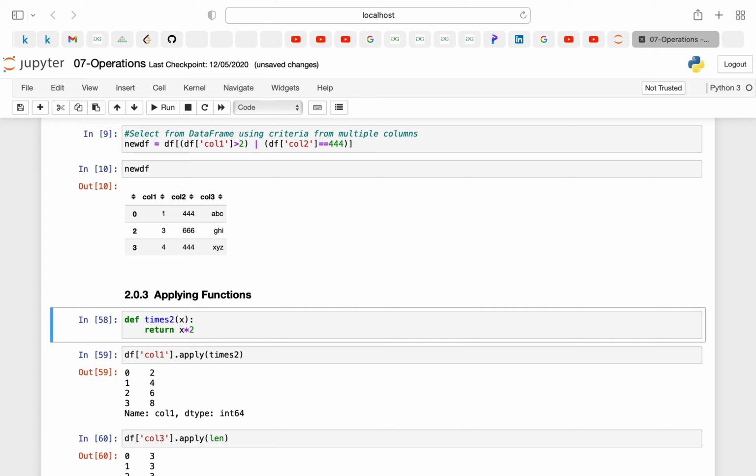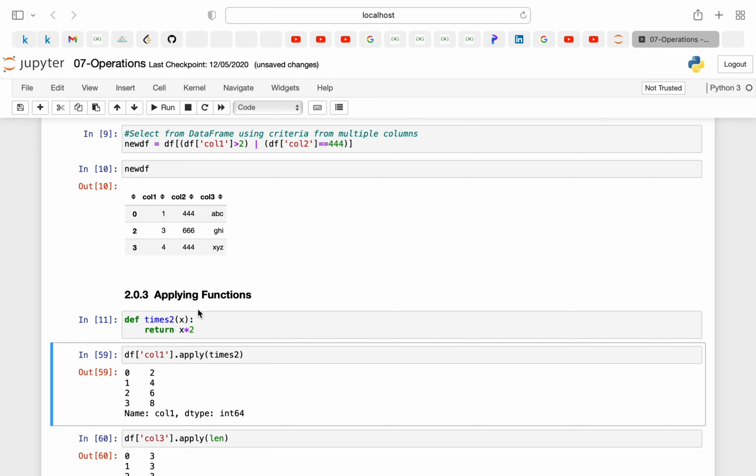Now applying a function. Suppose you want to find out certain values using a function. We can apply pretty much any sort of function to a particular column by using the dot apply method. Suppose I'm declaring one function, times 2, which will find the square of that particular number, and we can pass it on to our particular column.